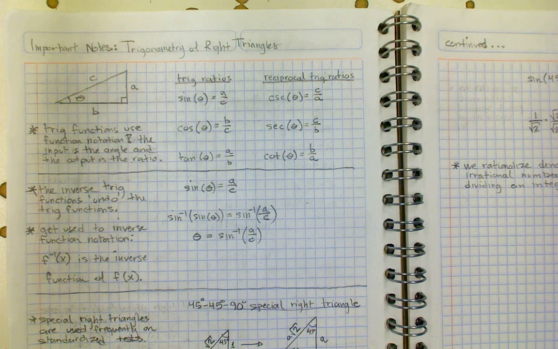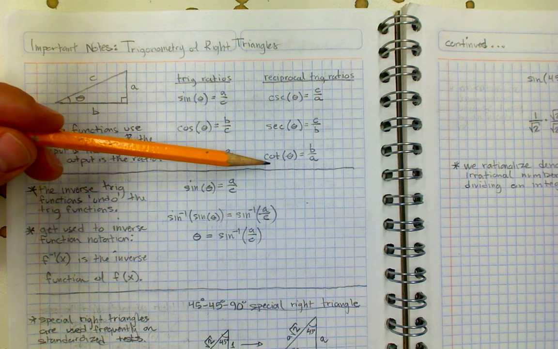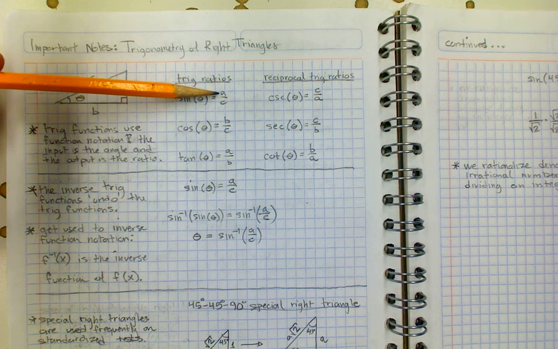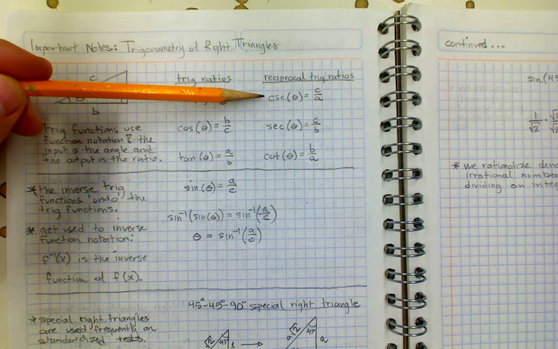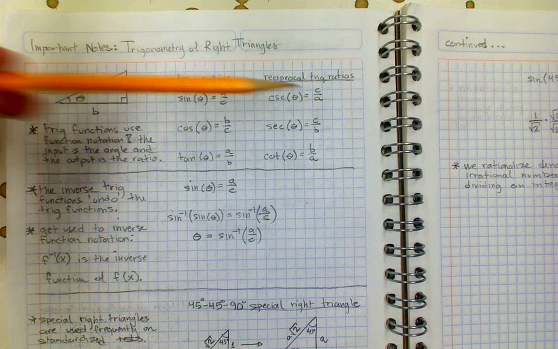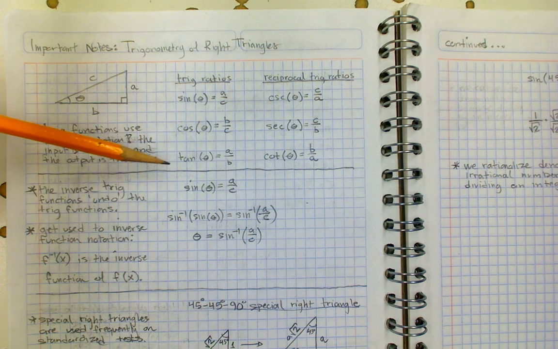then we can compose these trigonometric ratios, the sine, cosine, and tangent. And these are the reciprocal trig ratios simply because the cosecant is just the reciprocal of the sine. Notice the sine of this angle is opposite over hypotenuse, A over C, and the cosecant of this angle is just the reciprocal of that, hypotenuse over opposite, C over A. And same with the secant, that is the reciprocal of the cosine, and the cotangent, which is the reciprocal of